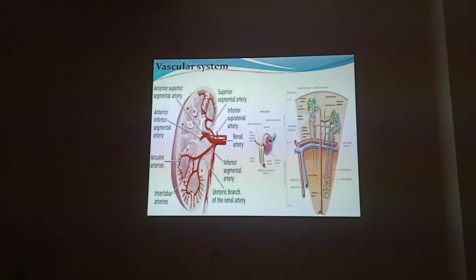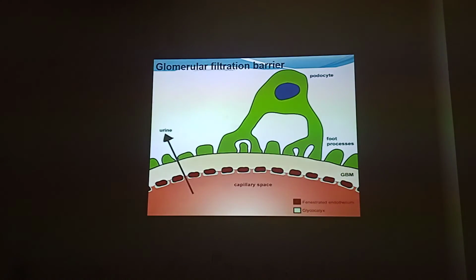And there is the glomerular filtration barrier. Everything will not convert into urine. There are certain limitations. And how is this glomerular filtration barrier formed? It is made up of 3 layers, from inside out. This is the capillary space. Here you can see the glomerular capillary, which is lined by the capillary endothelium. This one where my cursor is is the common basement membrane. And this is the podocyte.